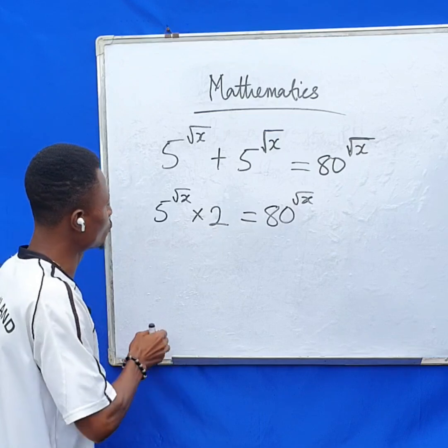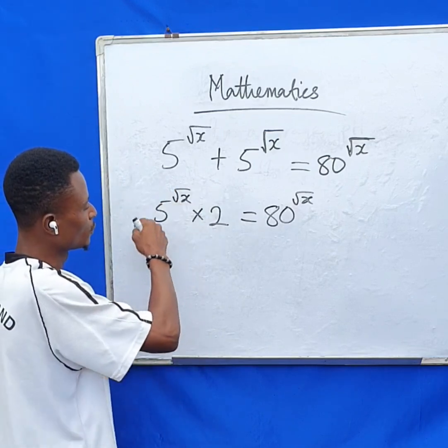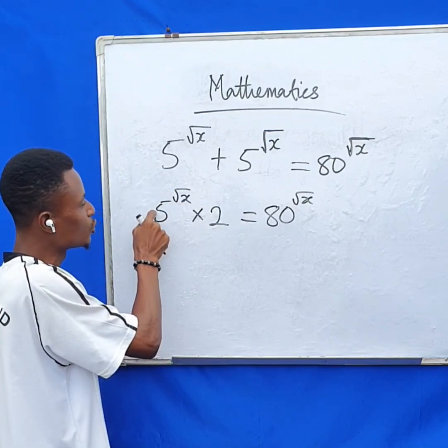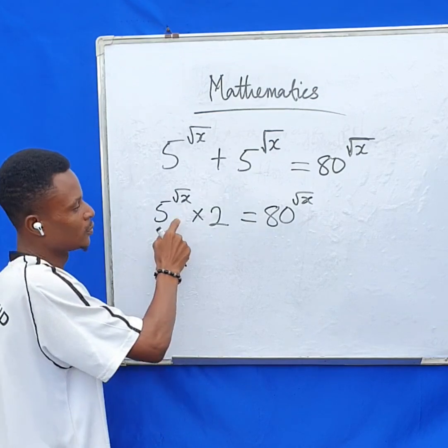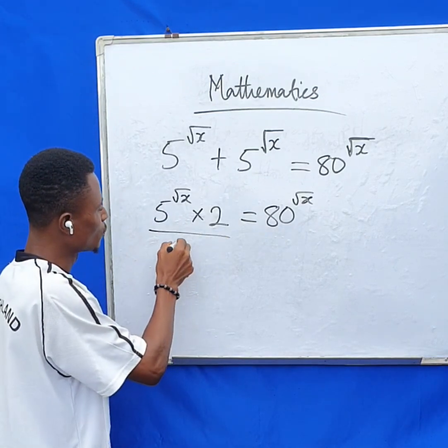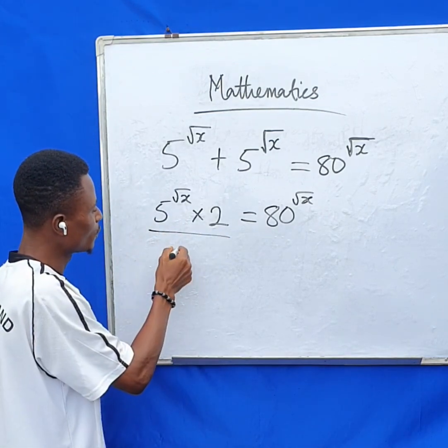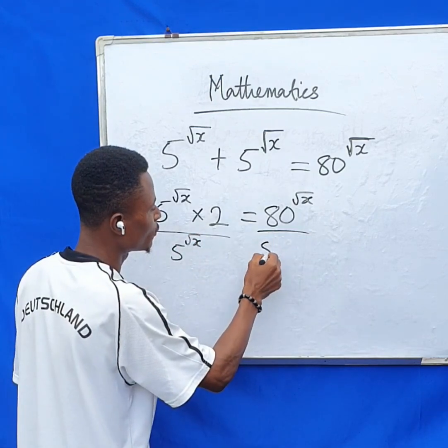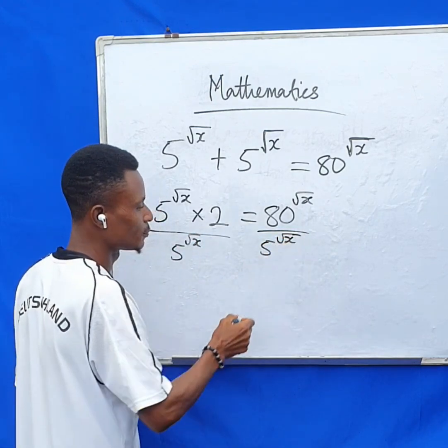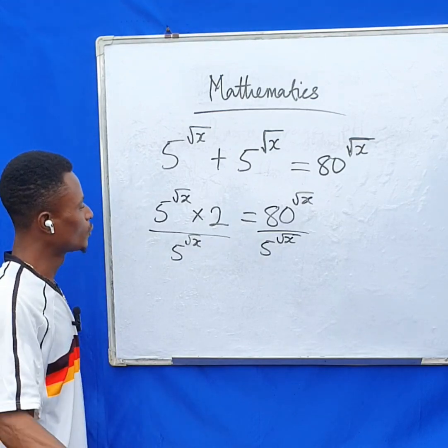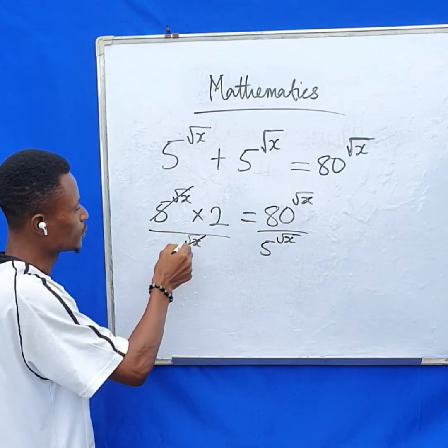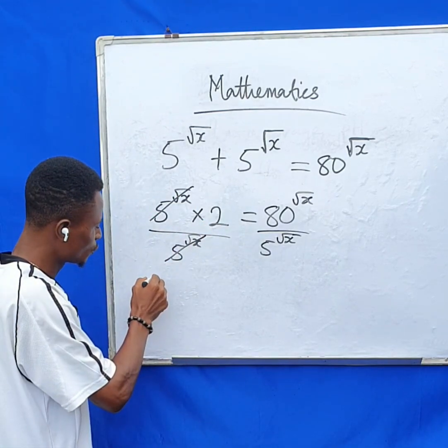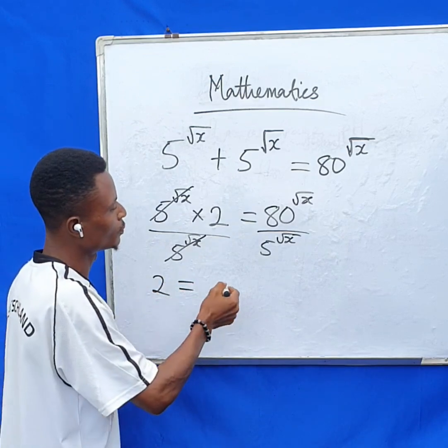The next thing to do now is to get rid of this one. We are going to divide both sides by this 5 raised to the power of square root of x. We divide this by 5 raised to the power of square root of x, and also divide this by 5 raised to the power of square root of x. If you do that, this will cancel this, and we are left with 2 here, equal to